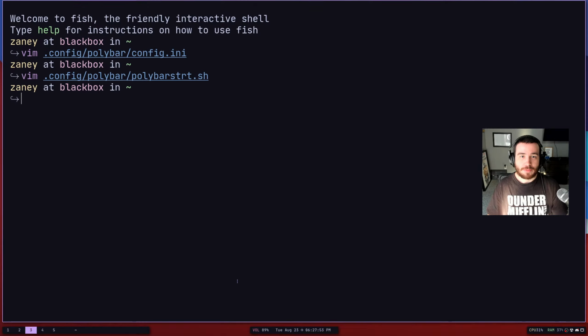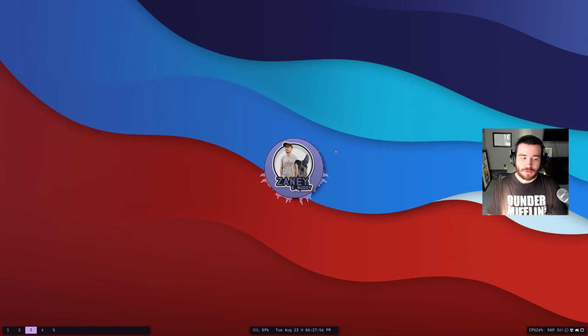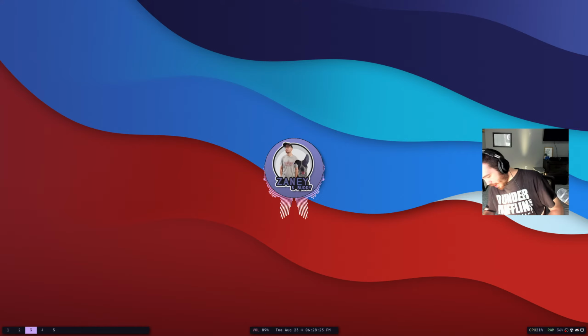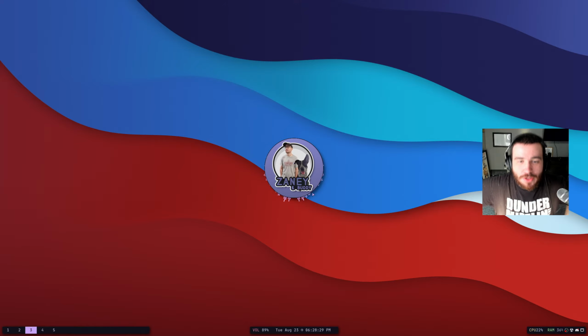But for the desktop visualizer effect, this is actually Glava, which is a program you can get. It was very simple to install and configure. They've got instructions on the website. You just follow them, and then it comes with a config file, or it generates a config file after a command. Then in the config file, you just position it and give it a resolution that you want it to be rendered at. So you give it a resolution you want it to be at, and then you pick a style of